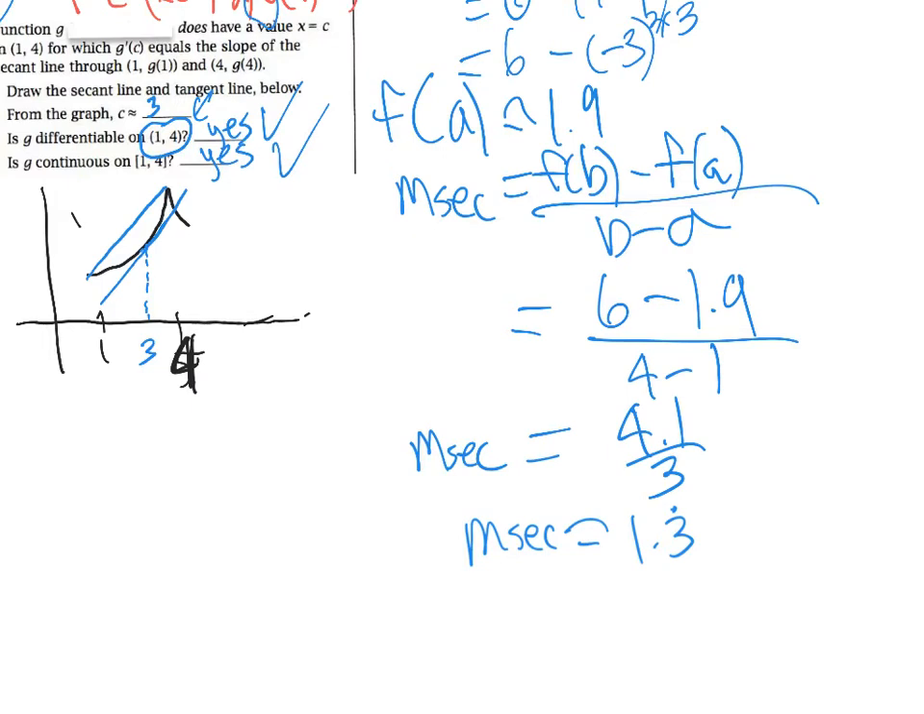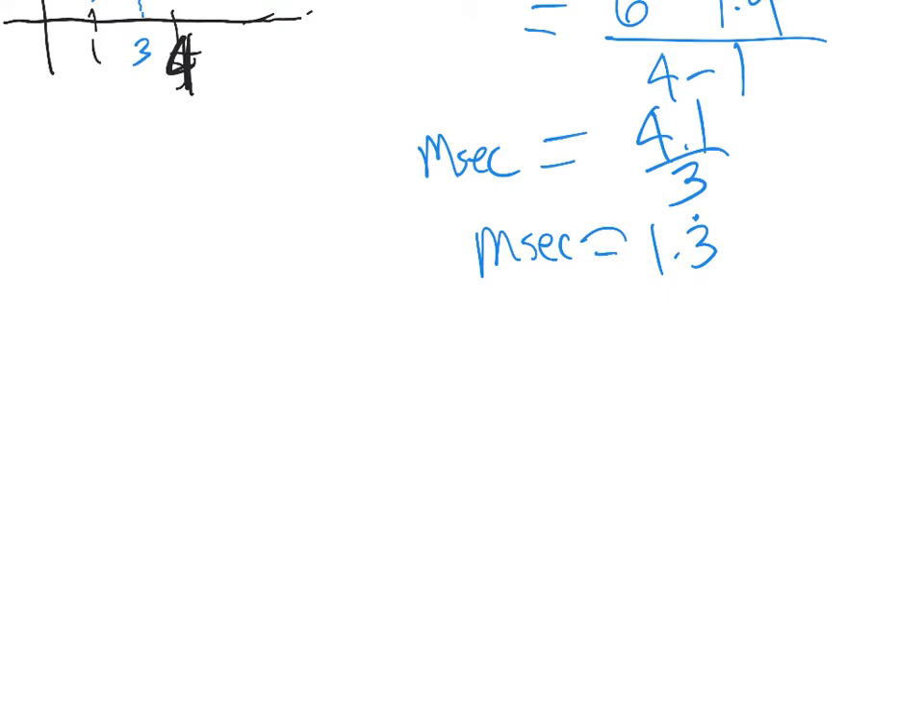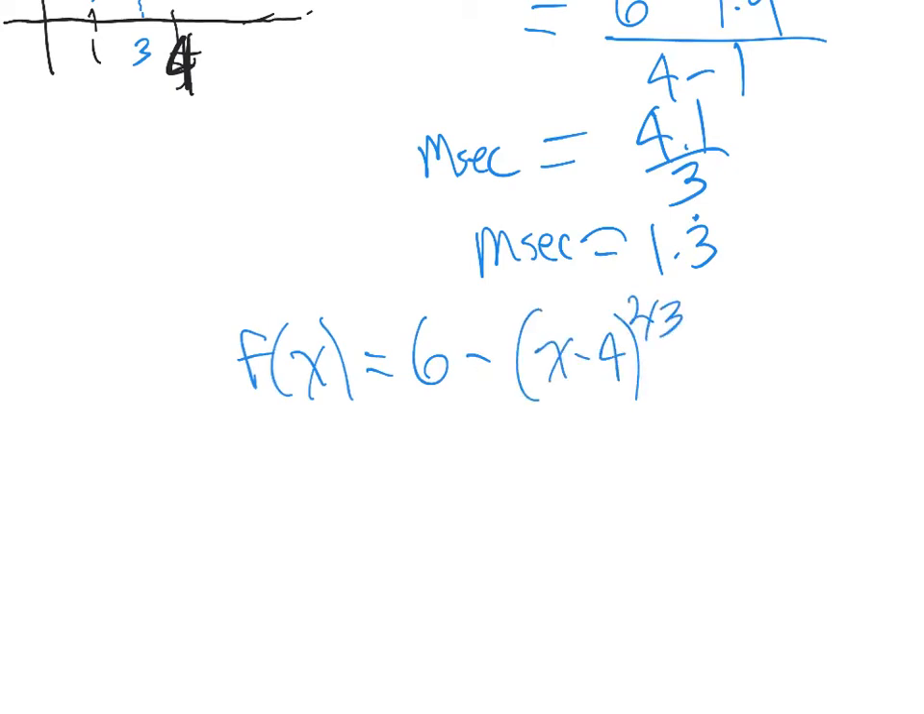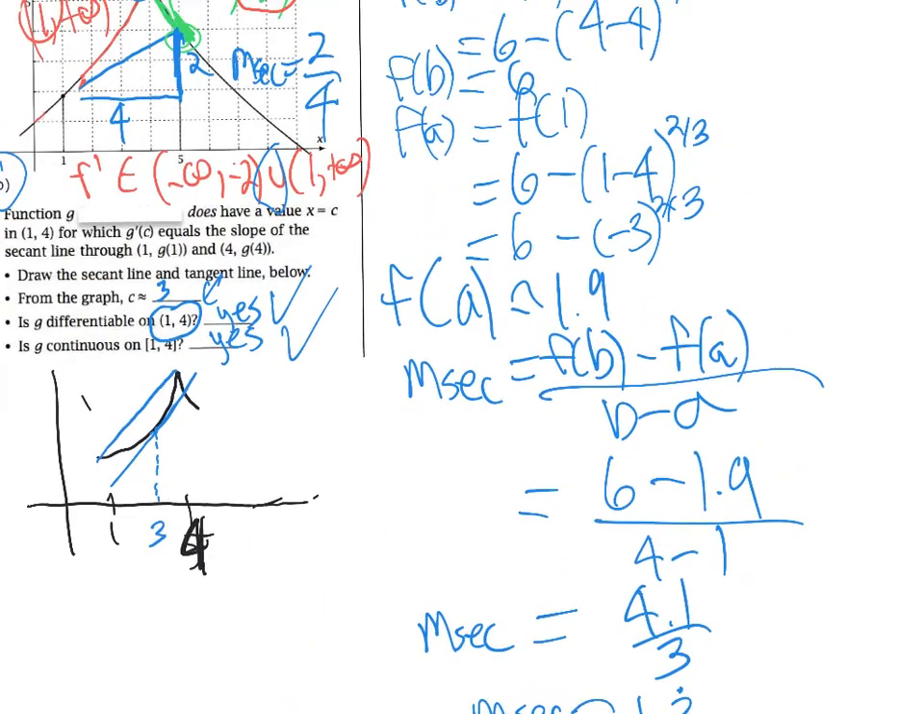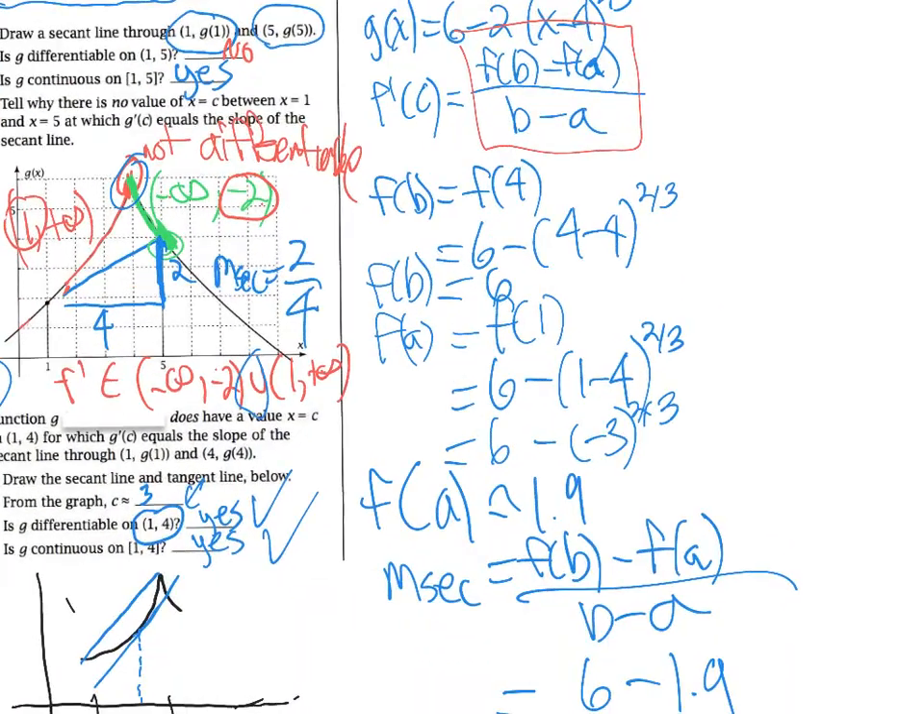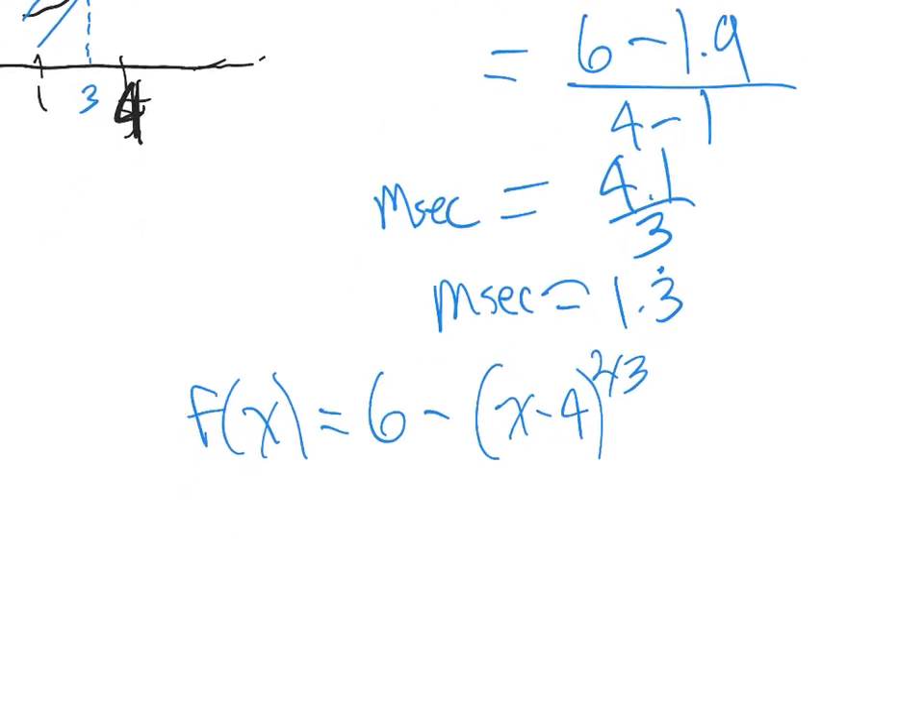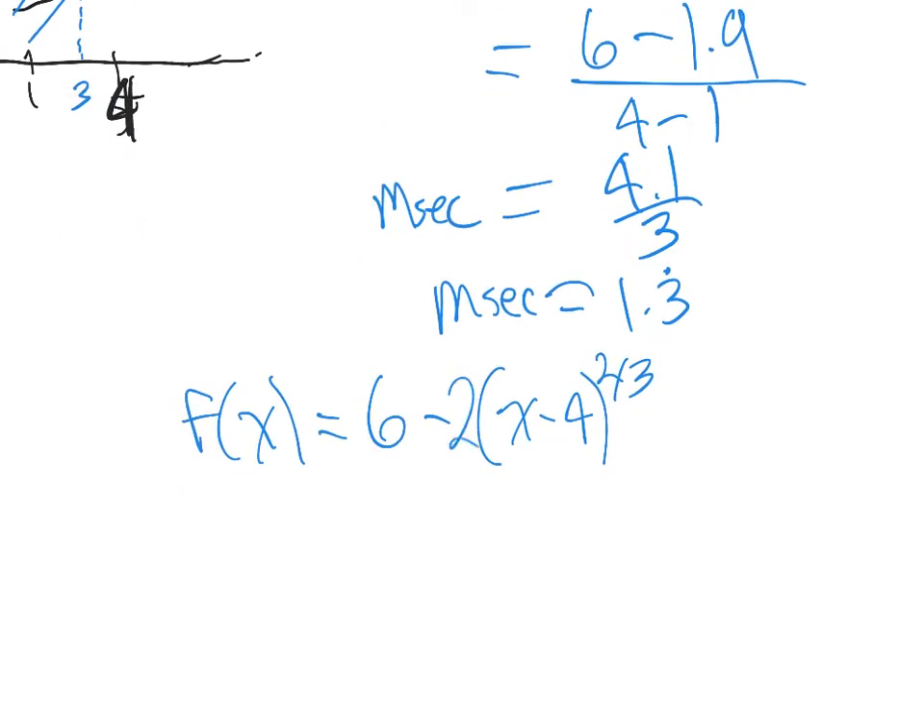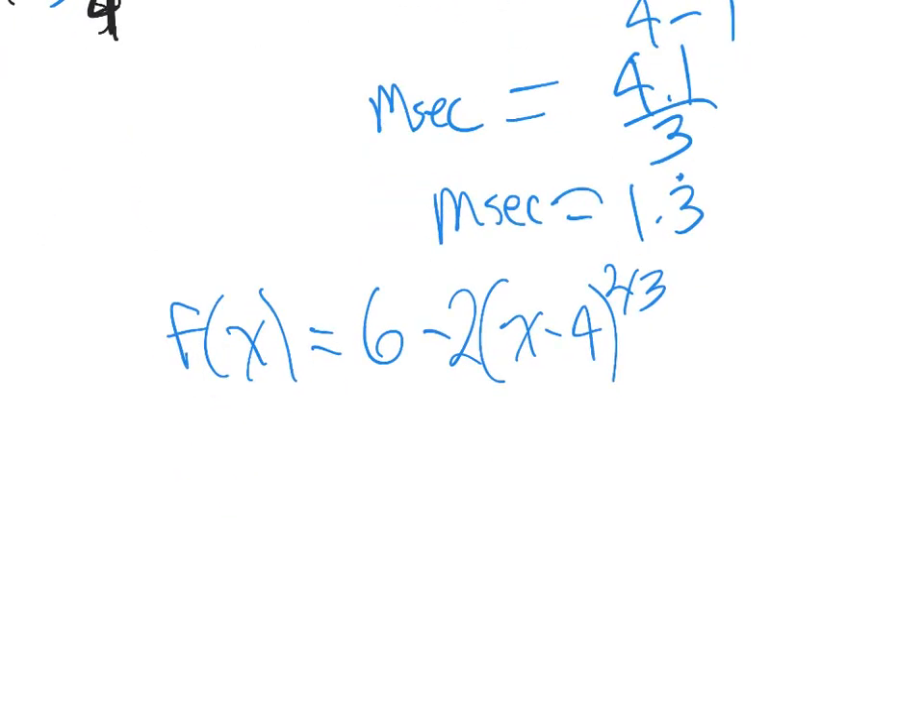Now what I need to do is figure out an equation for the slope of the derivative and set that equal to the slope of the secant. So let's do that. So I know that f at x is 6 minus (x minus 4) to the 2 over 3. Okay, let's go back and just make sure we're right. Minus 2(x minus 4) to the 2 over 3. Whoa, I did make a mistake. Okay, so now we need to get f prime at x,